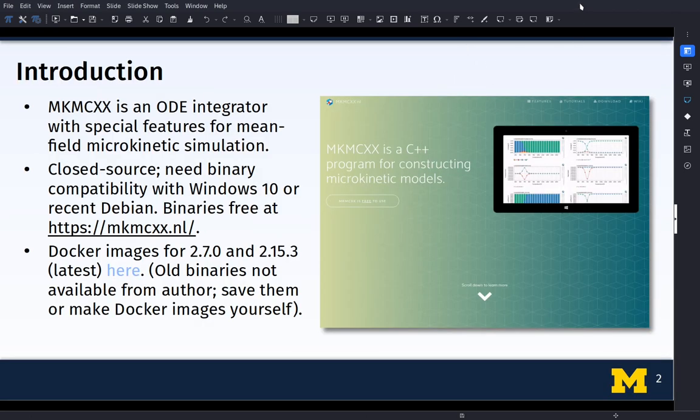Okay, so what is MKMCXX? It's basically an ODE integrator written in C++ that's specifically geared towards doing mean field microkinetic simulation, especially for reactions that happen on catalyst surfaces. It is free to use, but the author has chosen to make it closed source. There are binaries released for Debian and for Windows, which you can download free, but you're not going to be able to compile this or alter the source code. The way you get it is you go to this website here, mkmcxx.nl, and you can download those